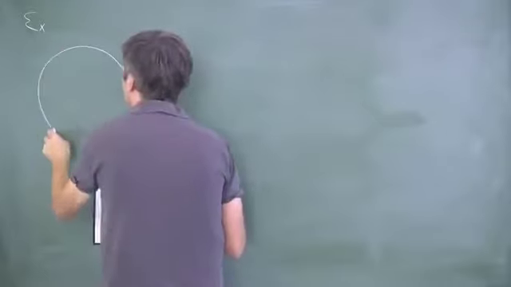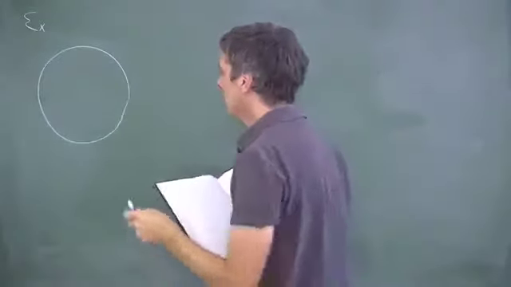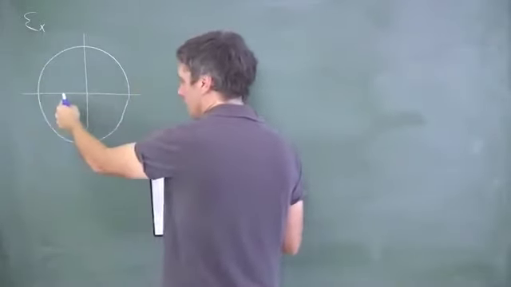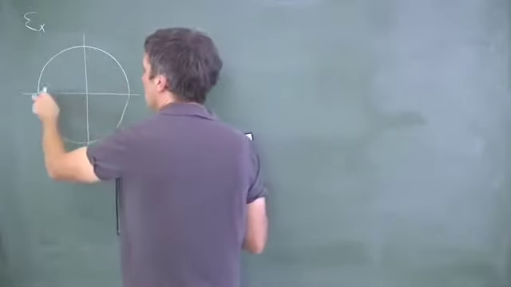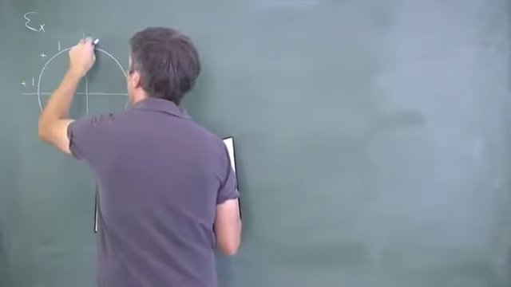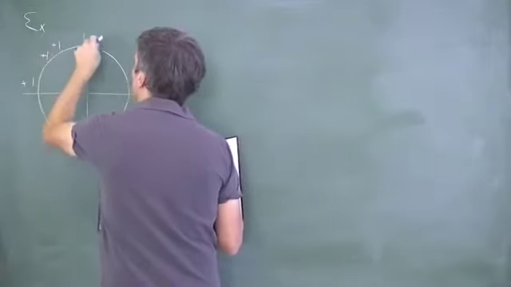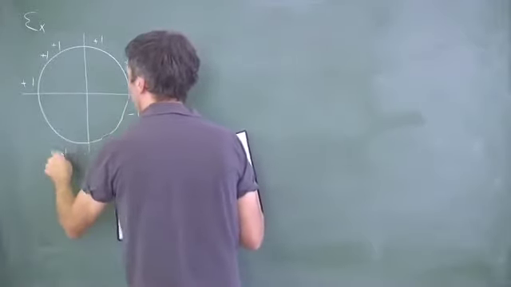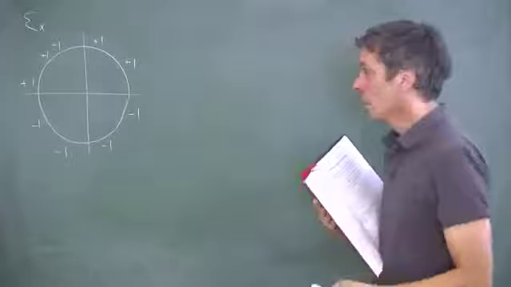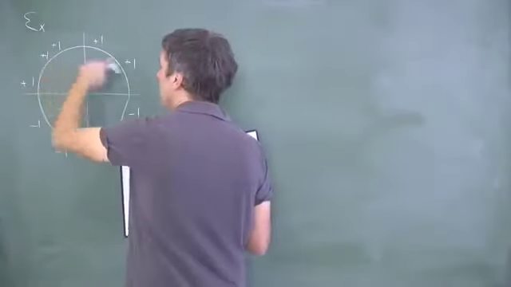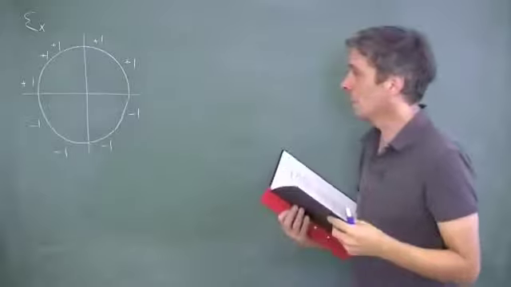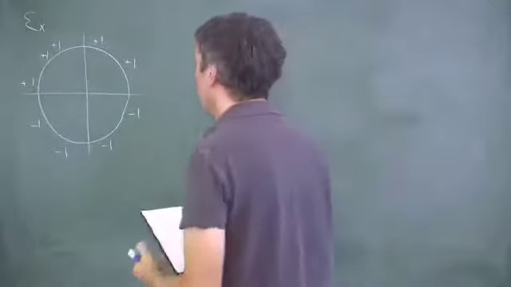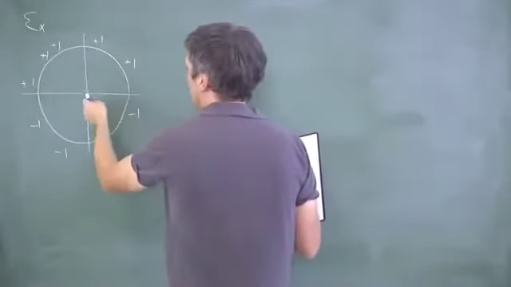Consider the situation where we have the unit disk in the complex plane, and then we want to find a harmonic function which is 1 on the upper half of the boundary here, and -1 on the lower half. So in principle, we can now insert these boundary values in the Poisson formula and compute, but it's not a pleasant calculation to do. So a much easier way to do this is to map the